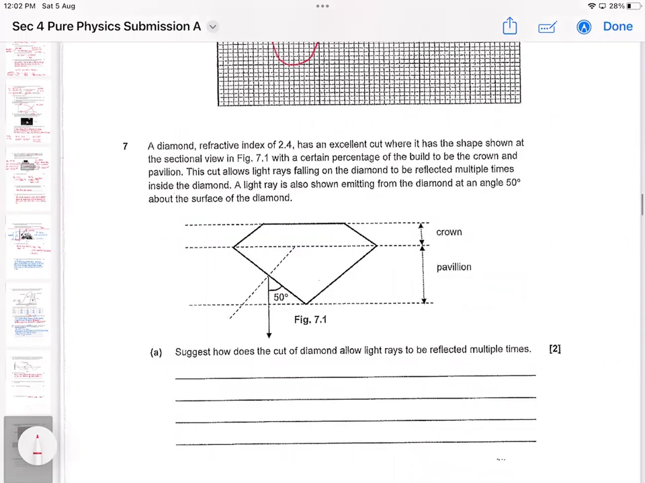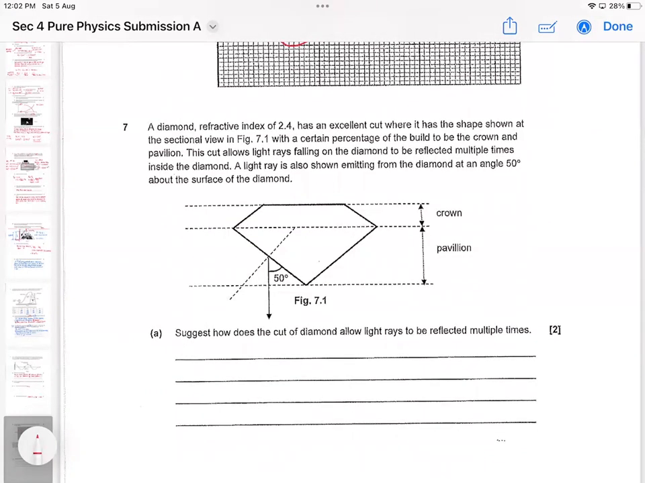All right, let's take a look at question 7. For this question, you're going to let it cut through multiple times. So this simply means that the light ray, when it goes into the diamond, will be trapped inside and keeps reflecting off the surface without coming off. If the light ray is trapped within the diamond and doesn't come out, then it looks like it is sparkling. So the concept behind this is allowing the light ray to cut it in such